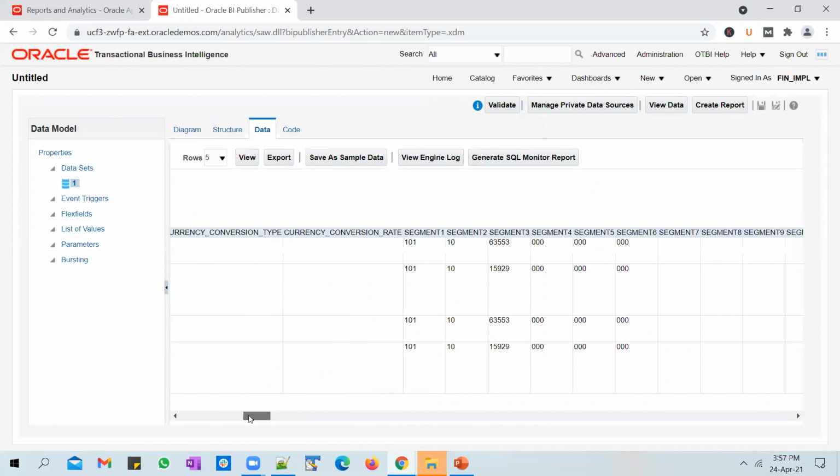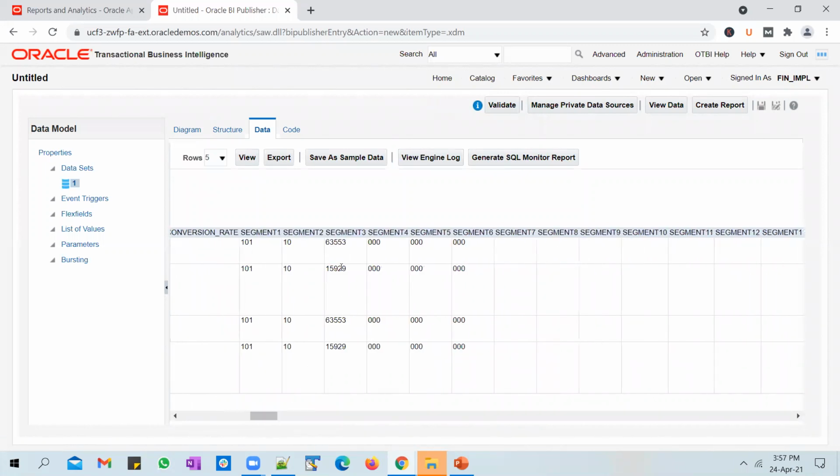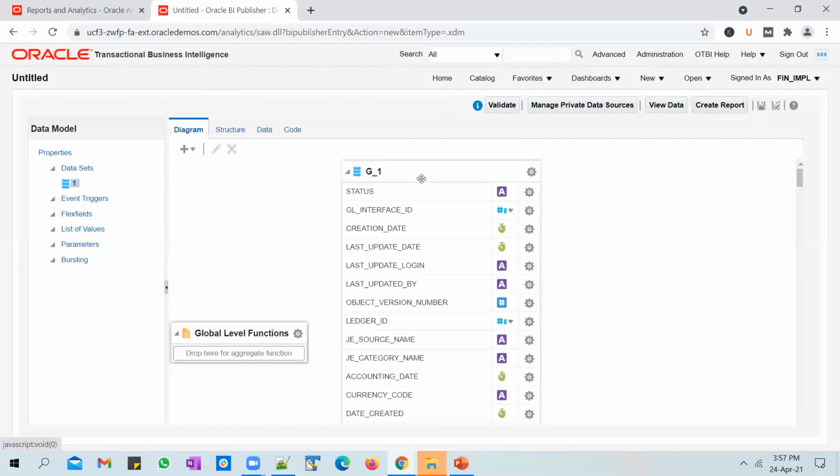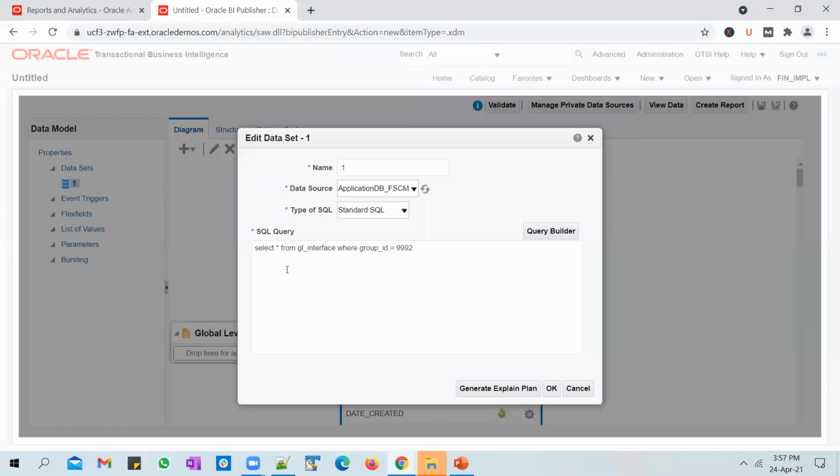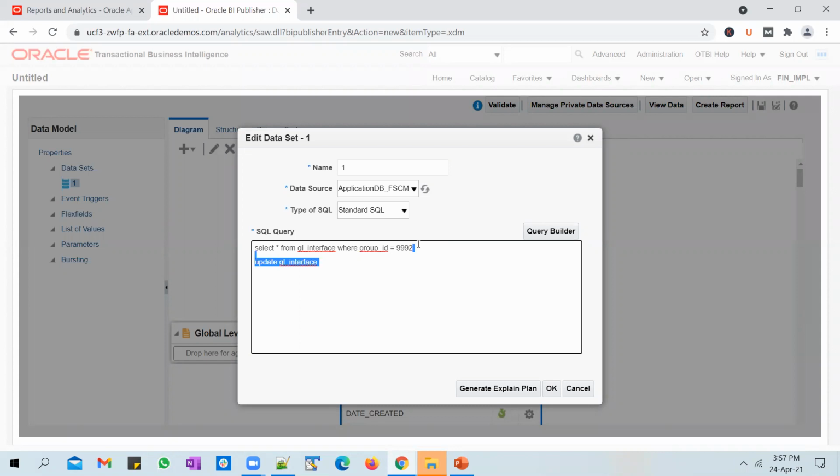EF04 is an account error. And if you look at the account number that is used in there, the client has given us 15929, but now he's saying that this needs to be changed to 15925 and the same data set needs to be processed. But in the data model here, I cannot change this. I can only run select queries from a data model. Even though I want to, I cannot run an update query on the interface table. It is bound to fail. But I already have the data in the interface table, so I need to correct that.